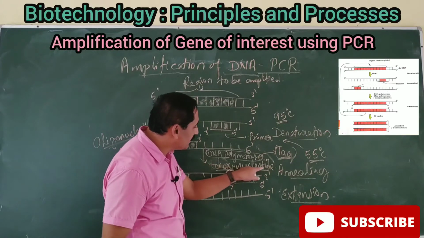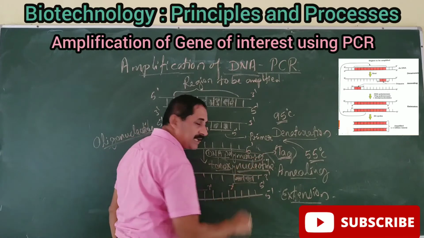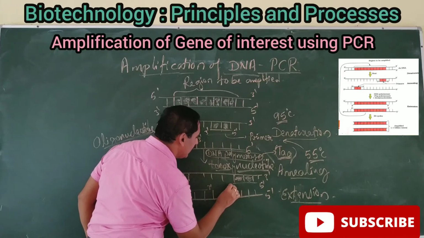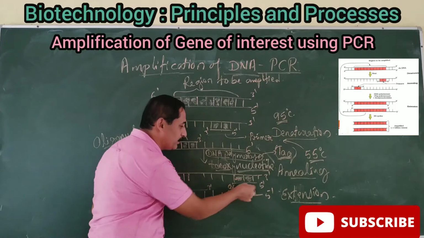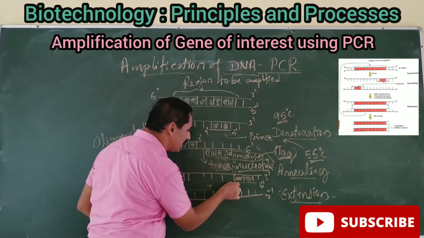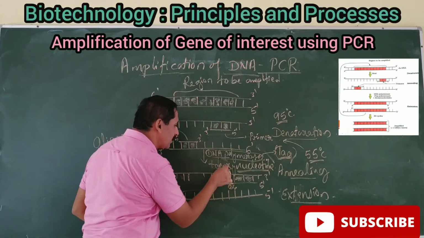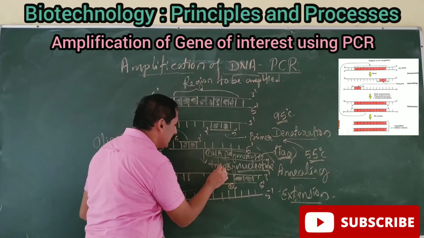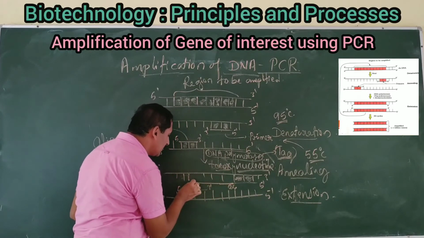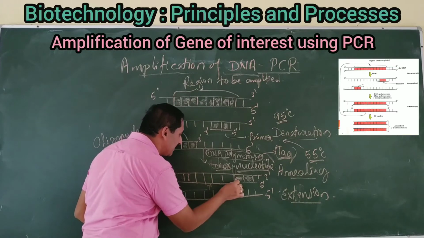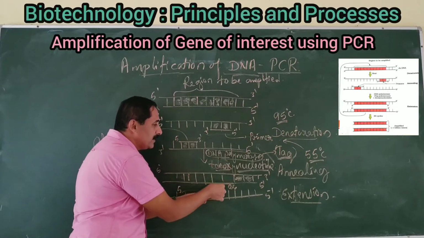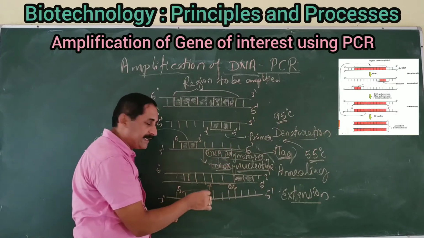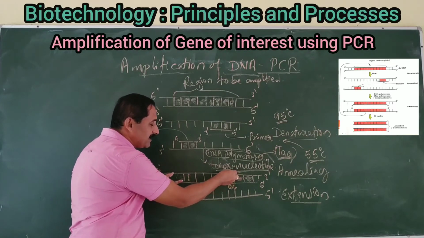By using these deoxyribonucleotides, the Taq polymerase joins new nucleotides at the free OH group of the RNA primer. It adds and forms a phosphodiester bond. It takes the complementary deoxyribonucleotide: if adenine is present, thymine comes; if guanine is present, cytosine comes. Totally it forms a new strand of DNA. It brings new and new nucleotides, and it forms the polymerization of nucleotides, and that completes the double-stranded DNA.